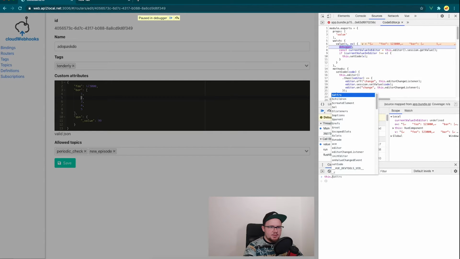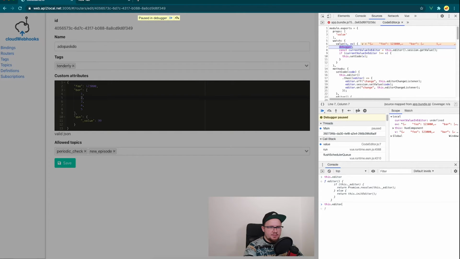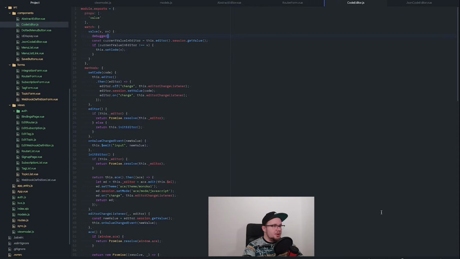And let's do this dot editor. So it's a function, of course. Yeah, editor. Oh, it's a promise. There you go, it's a promise, that's why. So this editor,